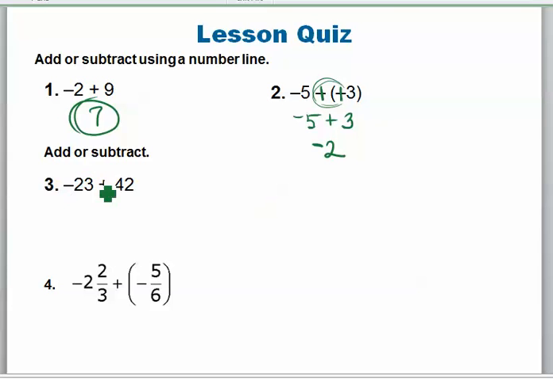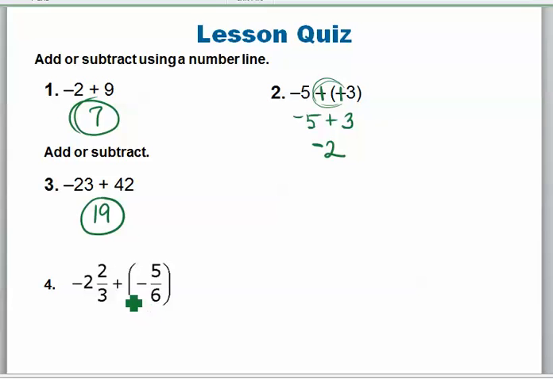It says you owe somebody $5, you only have 3, so you're still going to owe them $2 more. This next problem, I owe somebody $23, I have 42, so that means I only would have 19 left once I've paid them. The last one here is a fraction problem,